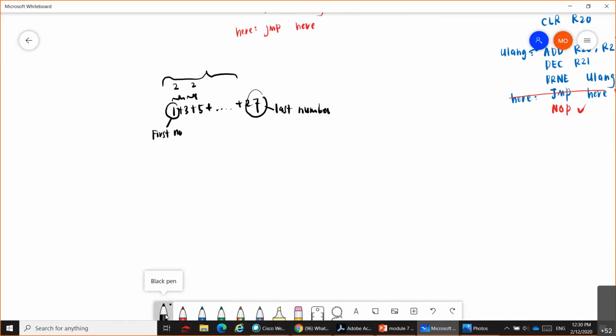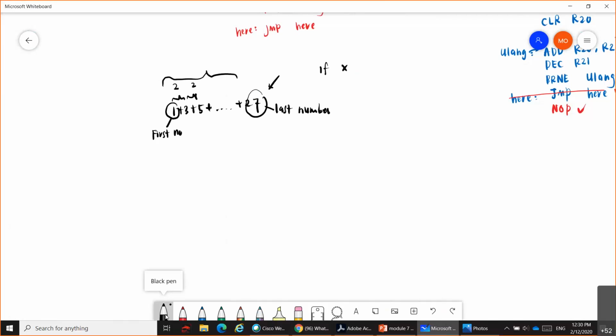You can figure it out. You just put 1, 3, 5, and you count how many numbers, how many loops you're going to do. Or instead of counting the loops number, we can use a condition which is if,